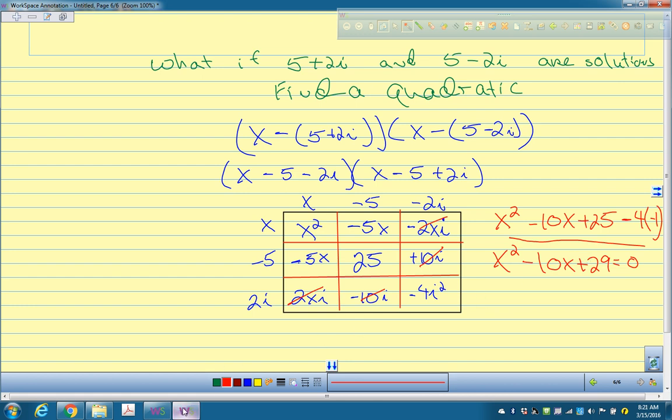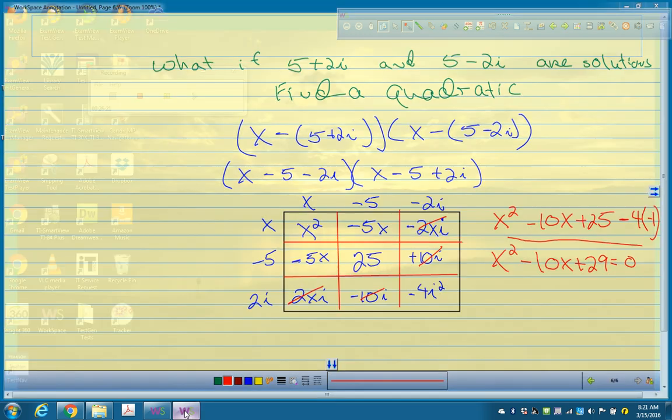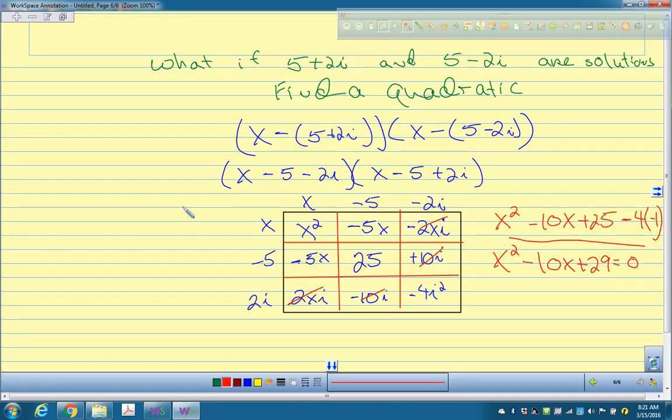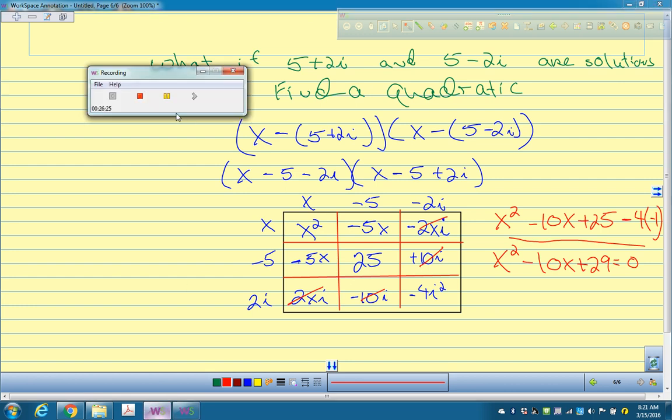Homework. I have a bookwork assignment, but I'm going to give you a choice, okay? The bookwork assignment is pretty long, about 20 problems. I'll make the Math Excel assignment about 8 problems. So you guys can choose, okay? So I'm going to change it so that you can have the